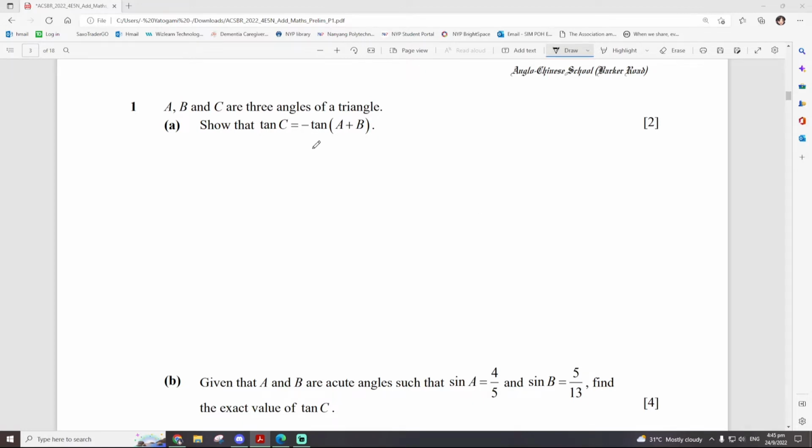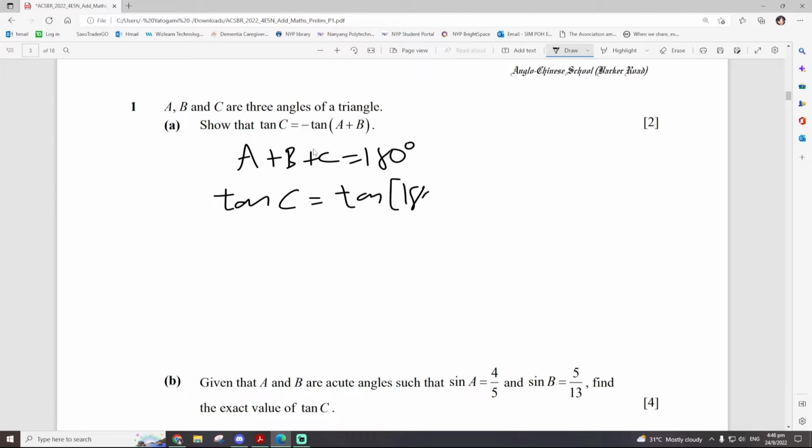So the first question: A, B, and C are three angles of a triangle. Show that tangent C is equal to negative tangent of A plus B. Alright, give me 1 minute. Okay. So, of course we know that A plus B plus C is 180 degrees, right? So therefore, we can write tangent C equals tangent of 180 degrees minus, we'll write A plus B as if it was one angle,